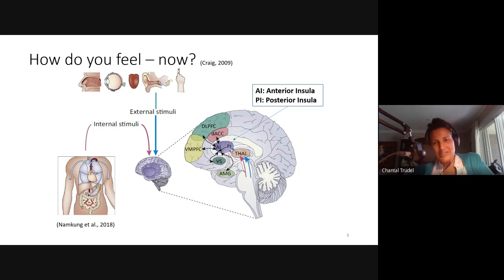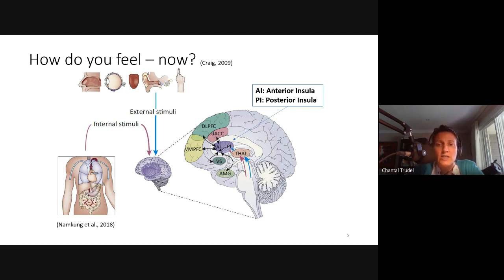Now I'm getting to the interoception part. Interoception involves the perception and integration by your brain of your internal physiological signals, such as hunger, thirst, the urge to urinate. So interoceptive sensations provide information on the constant changes in your body. Another everyday example of interoception that you probably experienced before would be the feeling of butterflies in your stomach, your heart racing, or feeling breathless. So in other words, they are physiological perceptions that are tied to some subjective feelings.